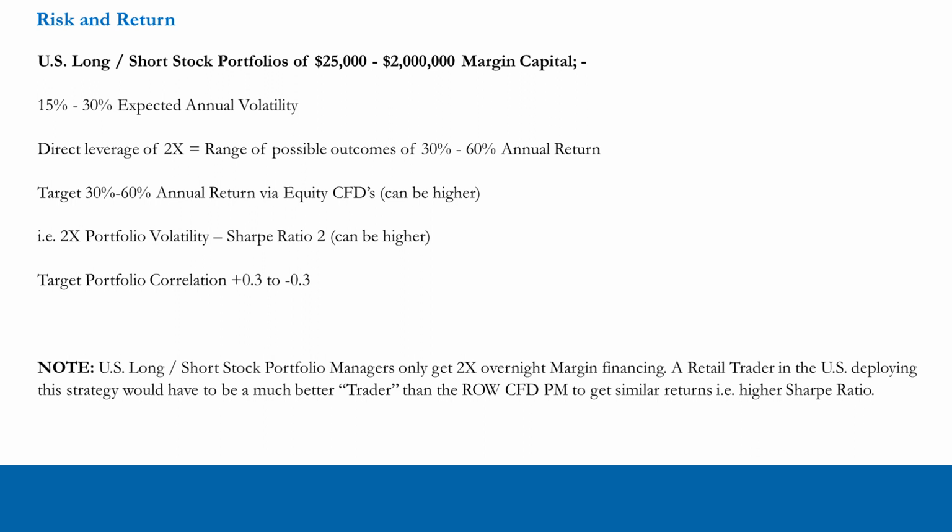But in the US, because CFD is not available, we only get 2 times leverage, so 50% margin requirement on the same portfolio. So the range of possible outcomes is 30 to 60% annual return. Therefore, we have to get a better Sharpe ratio. We have exactly the same correlation. That's a given. So we're doing the same portfolio, but with 2 times leverage. We have to have a higher Sharpe ratio, which means we have to be much better traders in the US